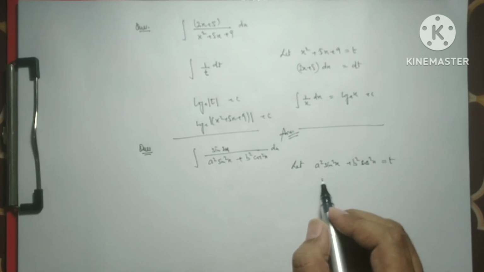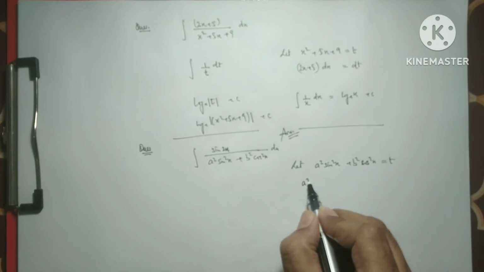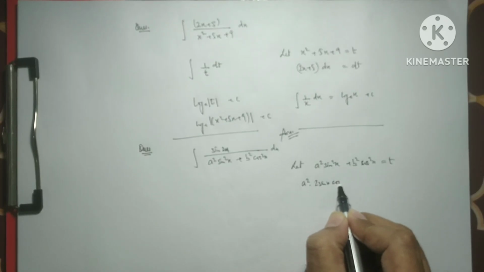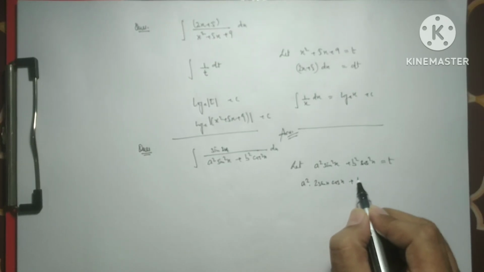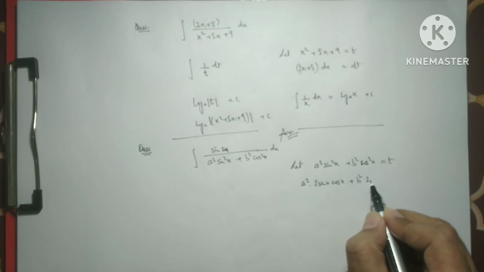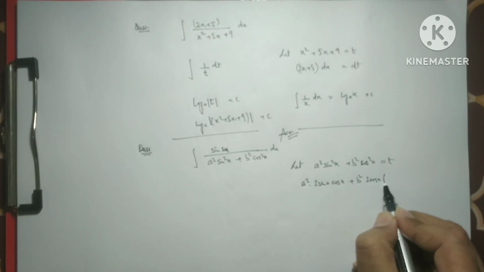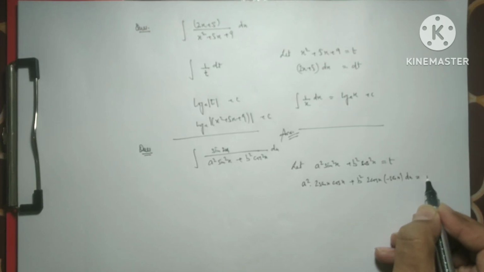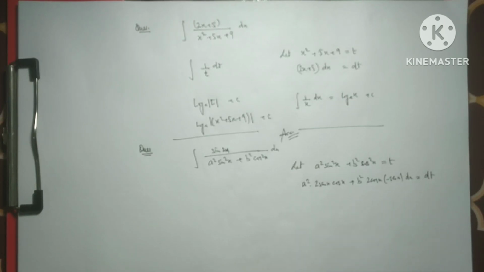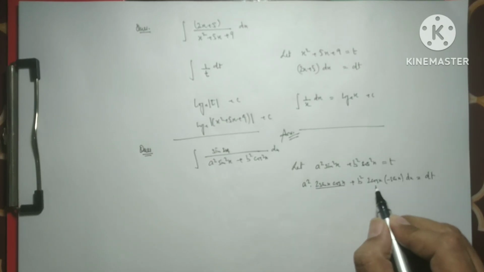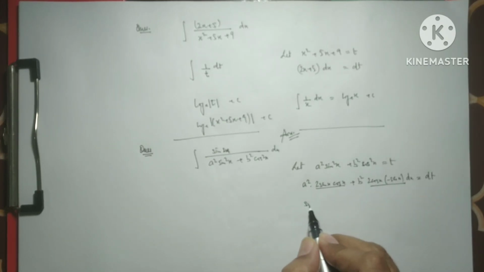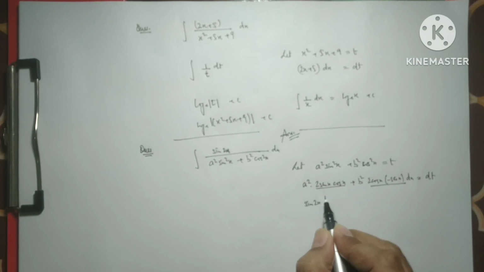Right now on differentiation we get a square 2 sin x cos x plus b square 2 cos x minus sin x dx equals dt. It means this is sin 2x and this is minus sin 2x, so we can extract sin 2x and we